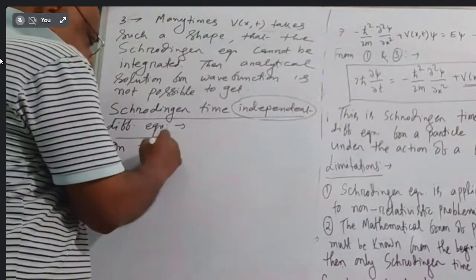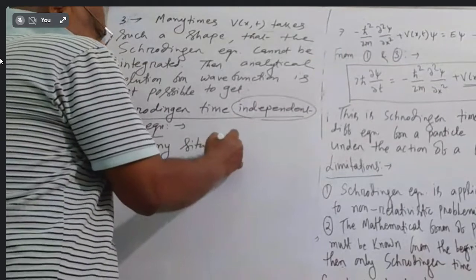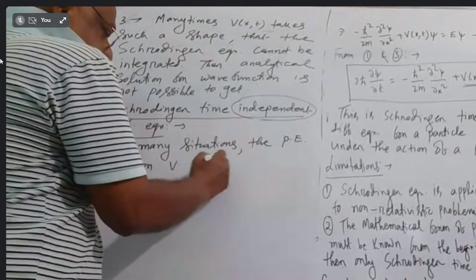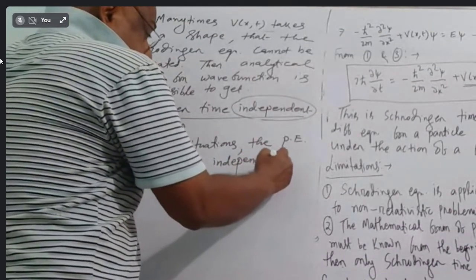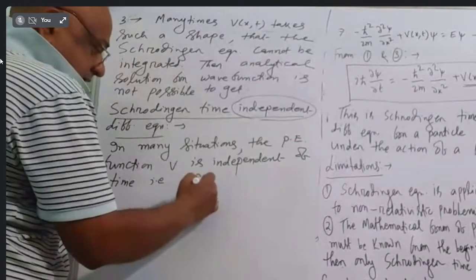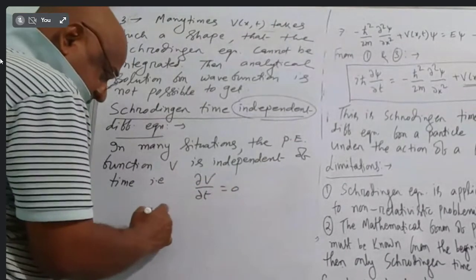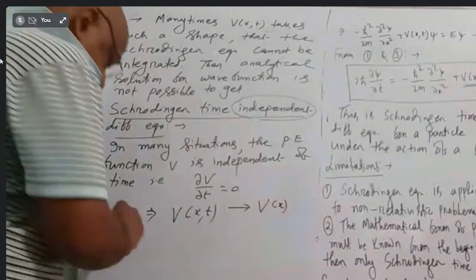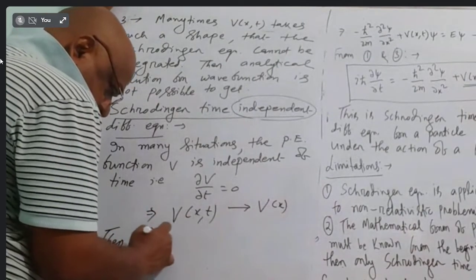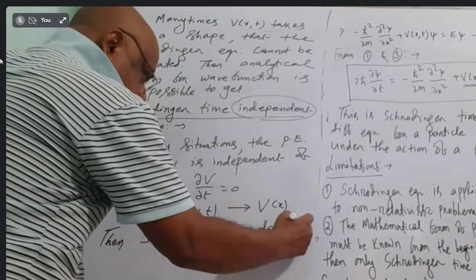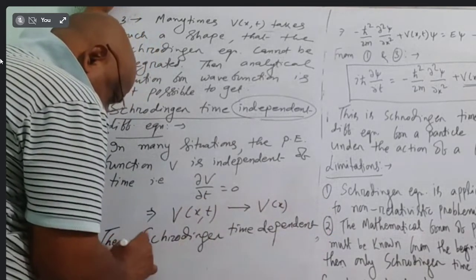In many situations, the potential energy function V(x,t) is independent of time, but it may depend on position. That is, del V by del t is equal to 0. So in that case, V, which was assumed to be a function of position and time, now becomes a function of x only. Then the Schrodinger time dependent equation becomes